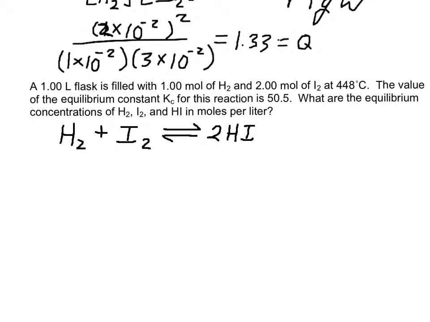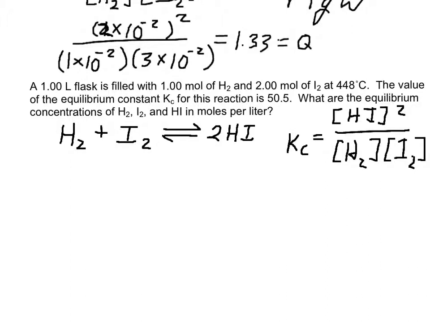And on this one, I really don't have to bother solving for Q because it tells me I have 1 mole of H2, 2 moles of I2, and I don't have any HI at all, so it's definitely going to go to the right because I have no HI. So I'm going to set up my equilibrium expression because that's my next step. And then since I really don't have to find Q, I'm going to set up my ICE table,